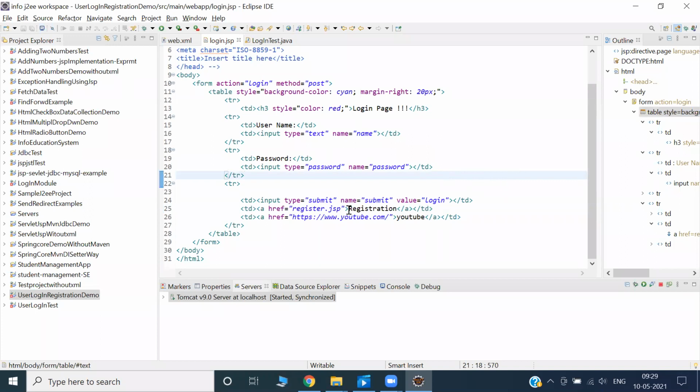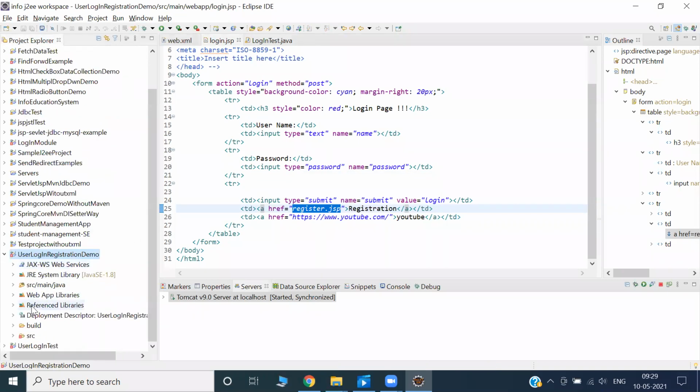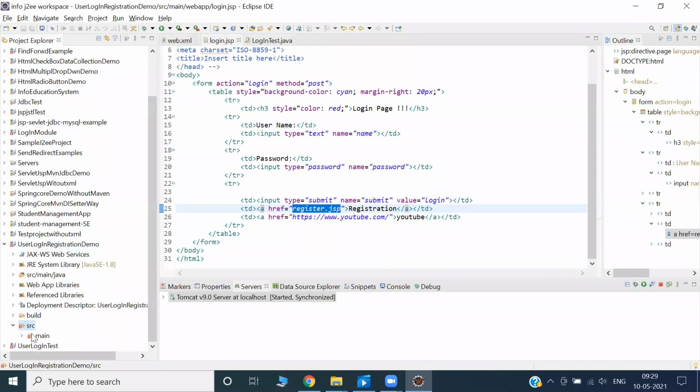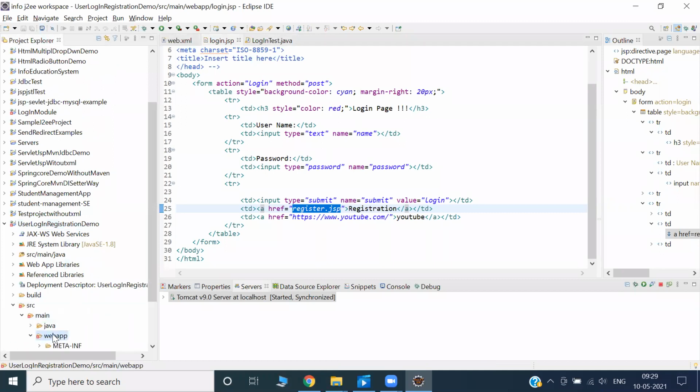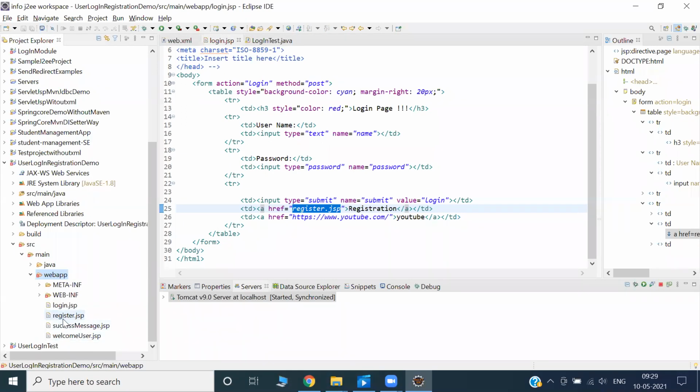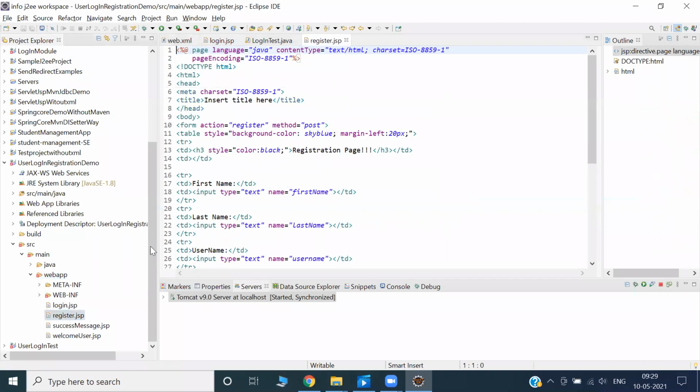If you are interested to go to the register.jsp, you can either copy or else you can search here. Is register.jsp there? Yeah, register.jsp. What is happening?